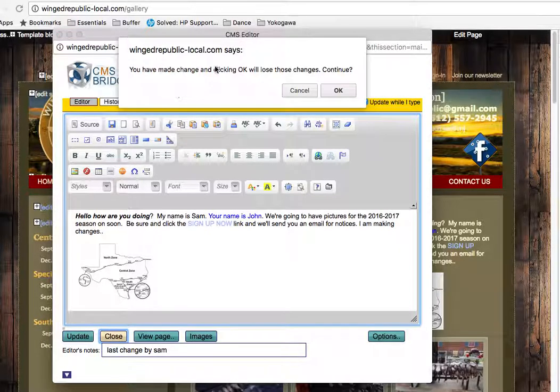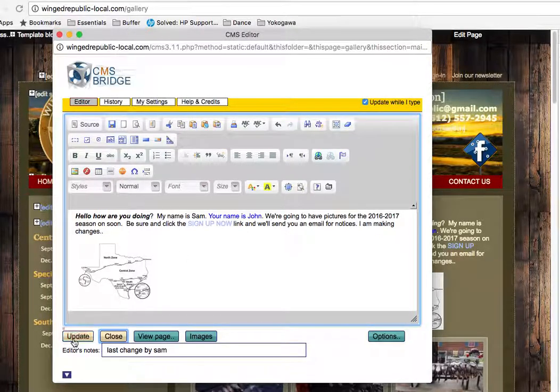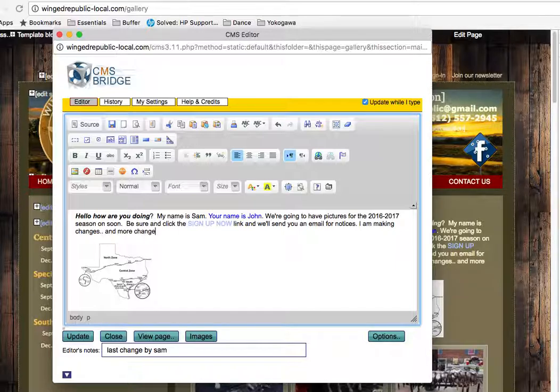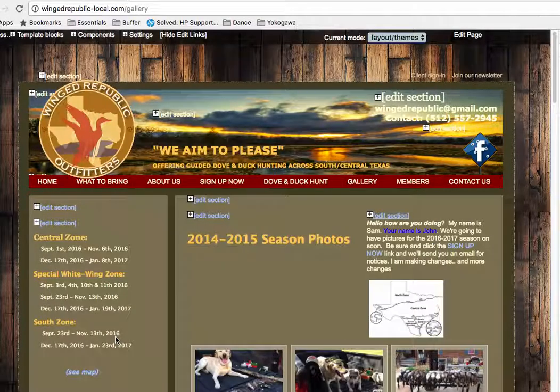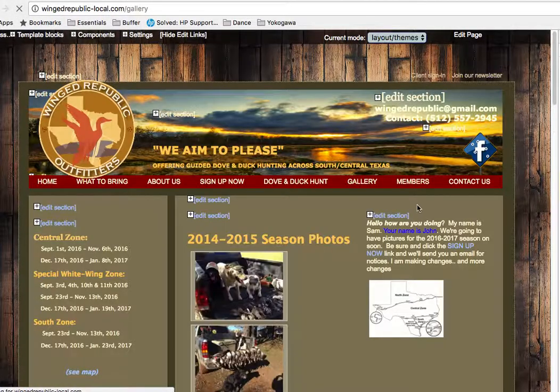If I close, I'm going to get a warning, and I'm going to go ahead and cancel that because I do want to save these changes. So I click update, and now what I was talking about before, the update button is grayed out. Not very dramatic, but it tells me that the changes have been made. If I start typing again, you can see that it has been activated. Let's save those changes. And so now I'm going to close. And of course everything's been saved. And yes, that doesn't look very pretty, but I like to refresh it just to make sure it has stuck,